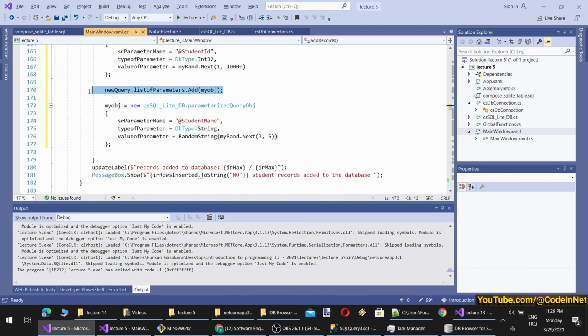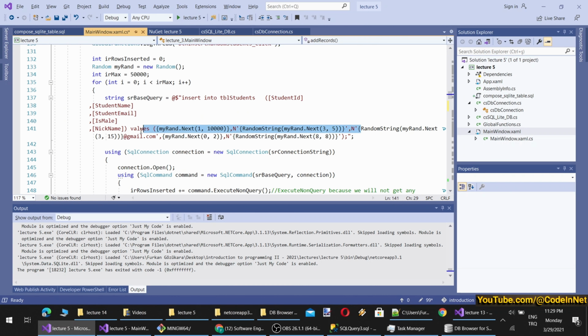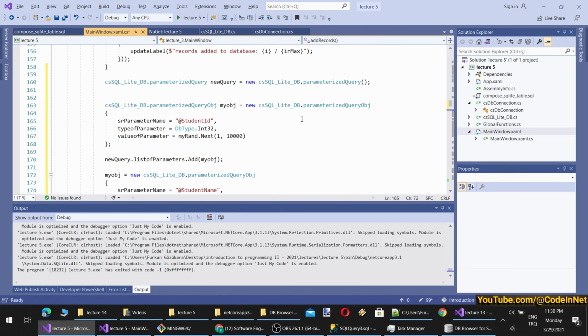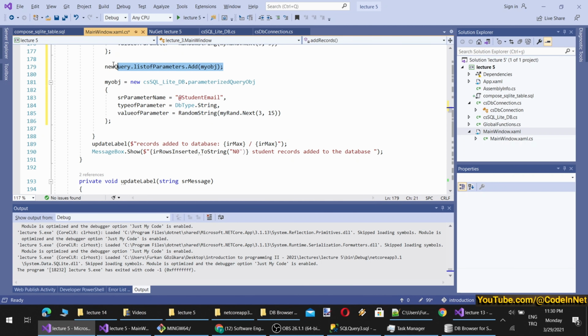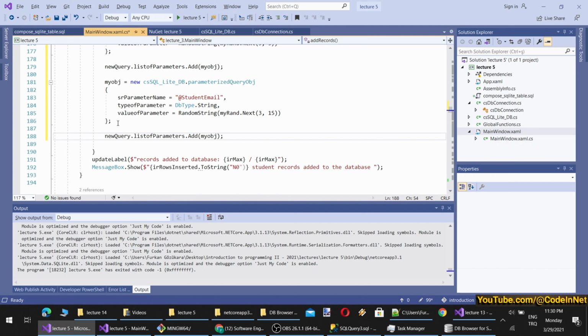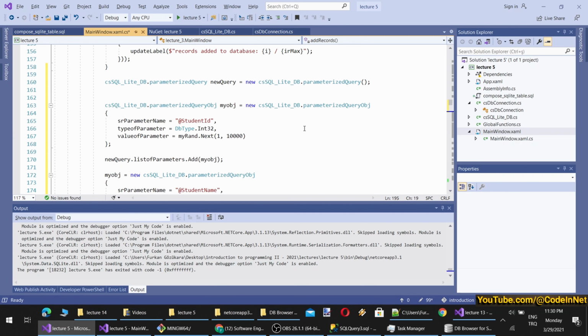Okay, now the next thing, and then we are going to define our next value. Same thing. This will be student email, and let's add this one as well. By the way, after each new one, I have to add it to here because the previous reference is getting lost when I compose a new instance of this object, this class.